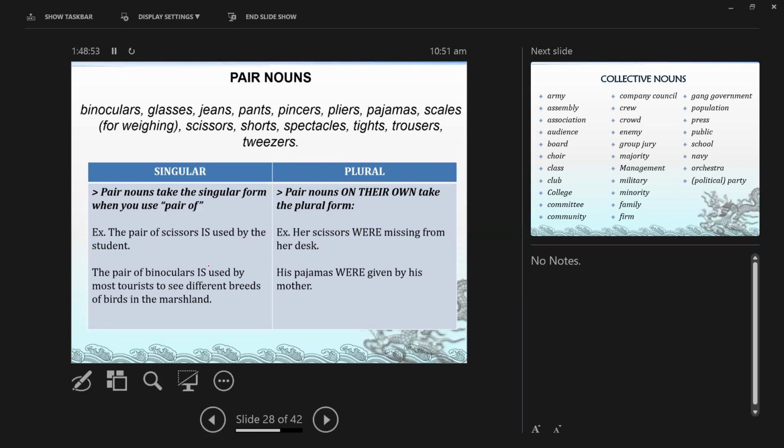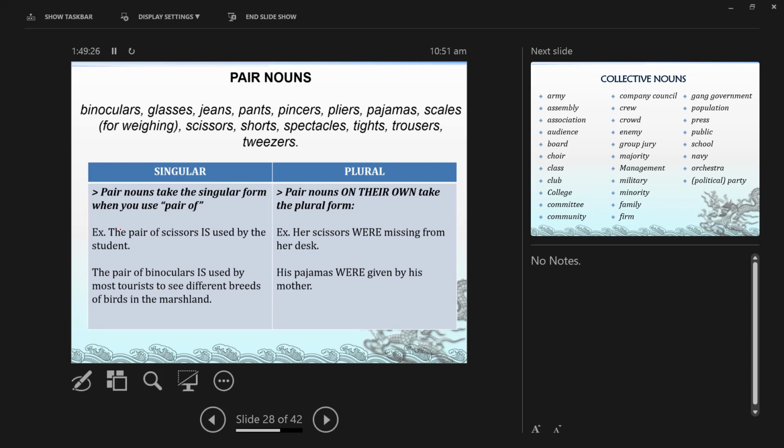But now, if I change it to, hey, I have 2 pairs of tweezers that I bought yesterday from Watson's. One for you and one for me. I bought 2 pairs of tweezers. Where are those pairs of tweezers? The pairs of tweezers, nakakatang twist, the pairs of tweezers are on the table. Kasi pairs. Pero kung isang pair lang is, the pair of tweezers is on the table.